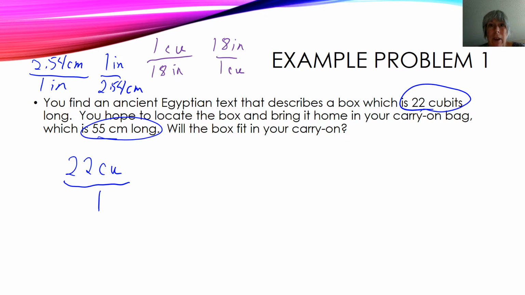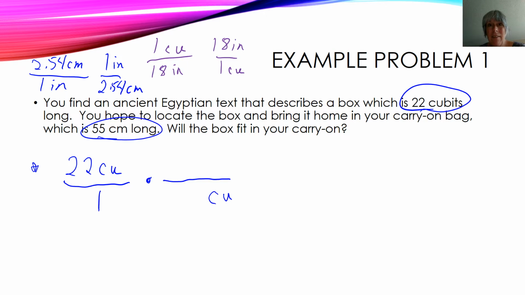Now what I need to do is find a conversion factor or a set of conversion factors that I can multiply by this to get the desired answer, which in this case is centimeters. So I want to look for something that's going to cancel out the cubits and perhaps give me centimeters. What that means is, in order to cancel the cubits, I'm going to have cubits on the bottom of my next fraction to cancel the cubits that are in the numerator of the first fraction. So we look at our 4 unit factors that we wrote. Take a moment and find the one that has cubits on the bottom of the fraction.